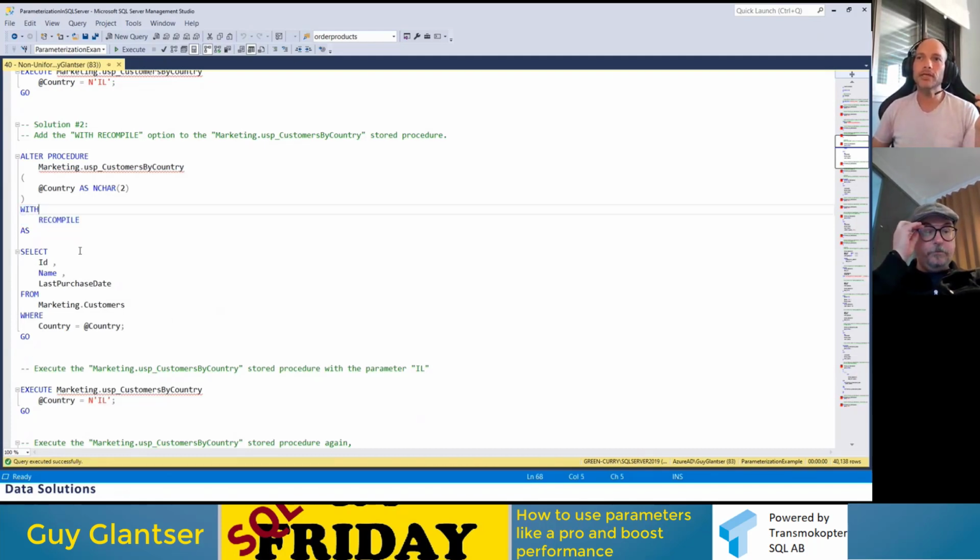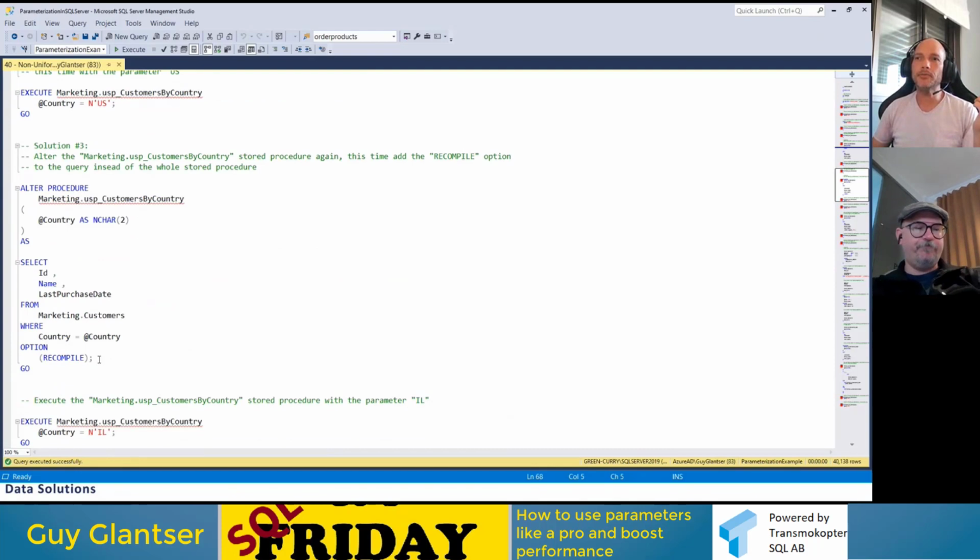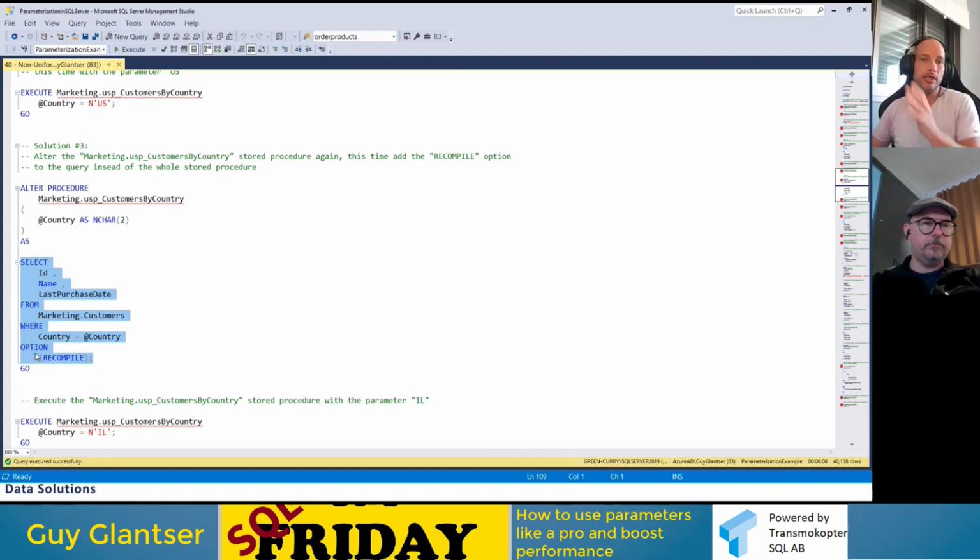Okay, so instead of doing this, you can add option recompile. This is part of the statement. It's part of the select statement. You can add option recompile only to the statement where you need it to be compiled. So you have a plan for the entire stored procedure in the cache. And during runtime, in each execution, when SQL Server gets to the fifth statement, only then it recompiles only that statement. Okay, so that would be better. You have more flexibility there.